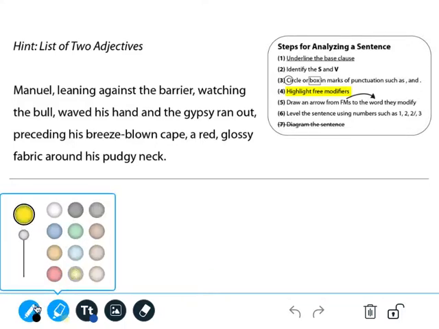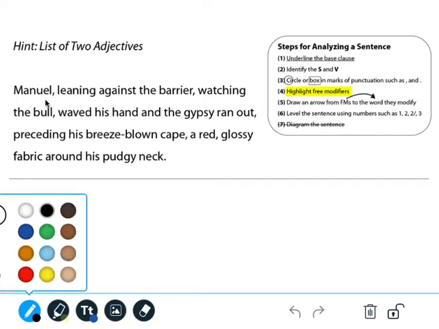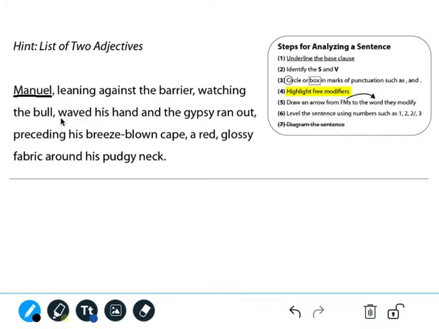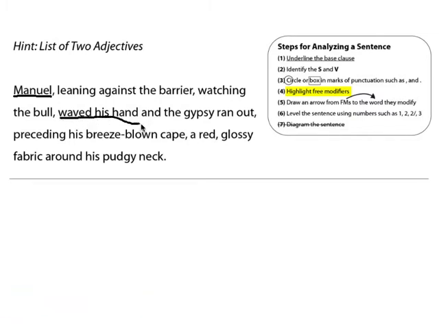So in this case, the sentence reads, "Manuel, we've seen this before, leaning against the barrier, watching the bull, waved his hand and the gypsy ran out, preceding his breeze-blown cape, a red, glossy fabric around his pudgy neck." Since we've seen this before, I won't spend a lot of time with it, but it looks like Manuel waves his hand and then the gypsy runs out. We saw this before in a different video, kind of indicating that